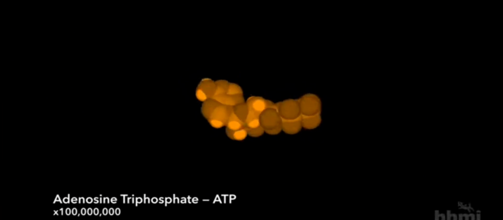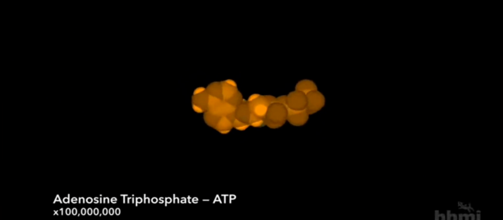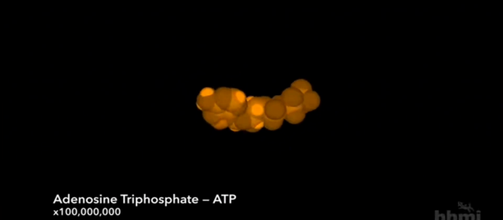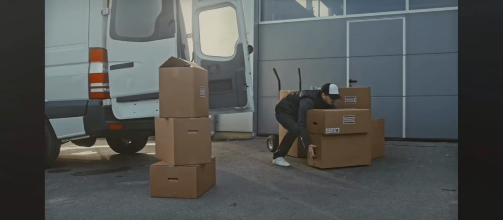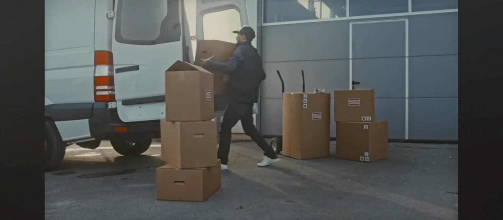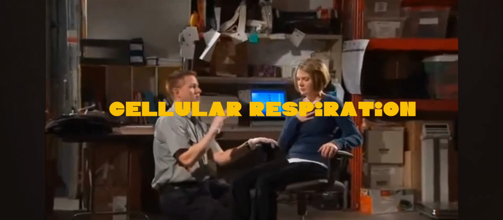One of the most important compounds that cells use to store and release energy is adenosine triphosphate, also known as ATP. ATP consists of adenine, a 5-carbon sugar called ribose, and 3 phosphate groups. The phosphate groups are the key to ATP's ability to store and release energy. ATP is an important energy source for both the process of cellular respiration as well as